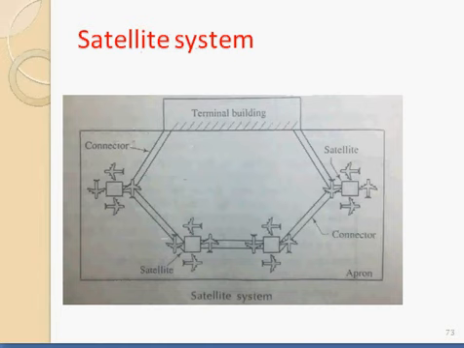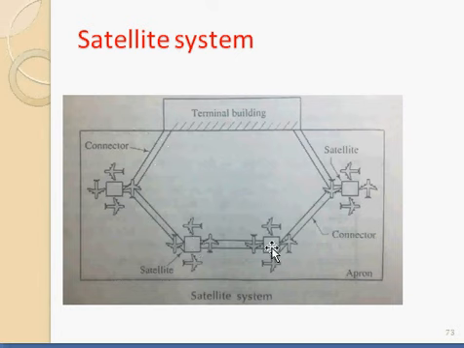Next is satellite system. So satellite system is more advanced, but it's more complicated and more expensive. Here you will be having more walking distance. That is the main problem. So if you're having a terminal building like this, you will be having a large apron area like this, and in that you can provide satellites like this. That means some small satellite stations can be provided like this,